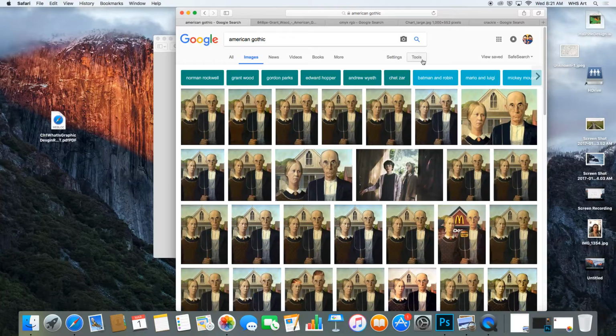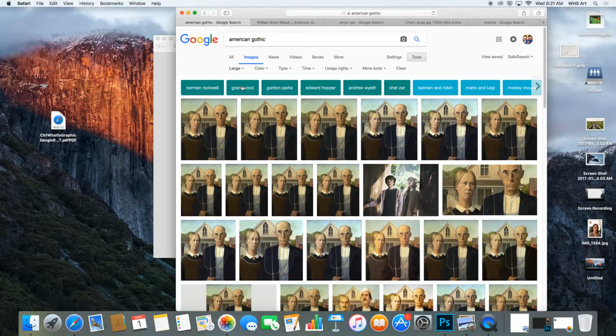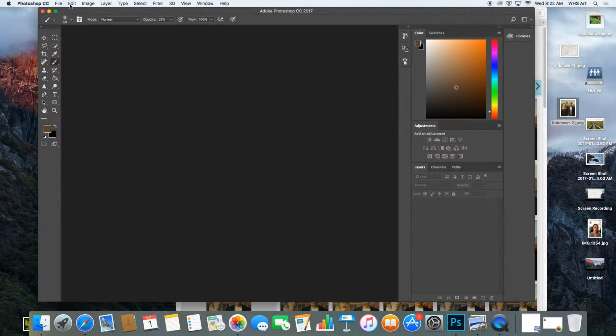You can also go into Tools and Size, type in large or larger than, and that way it will only show you images that are larger. So then you have a better range to choose from, because you don't want to put a picture into your file and then it gets all pixely from the get-go. Okay? Okay, so I'm going to pick this one, and I'm going to open up Photoshop,